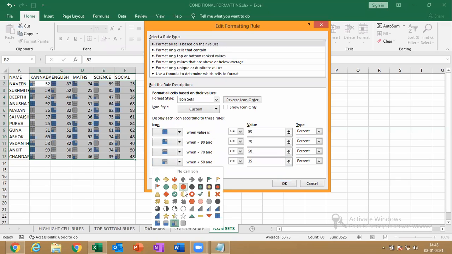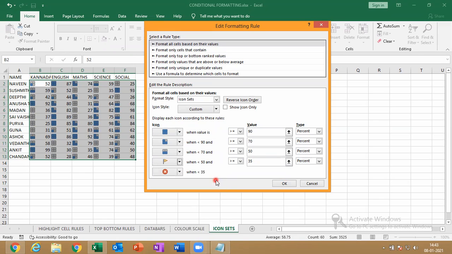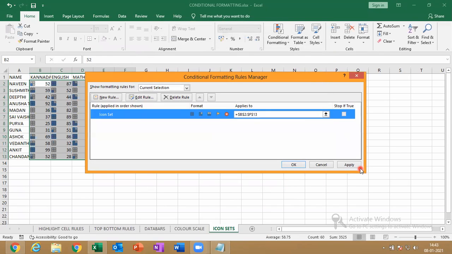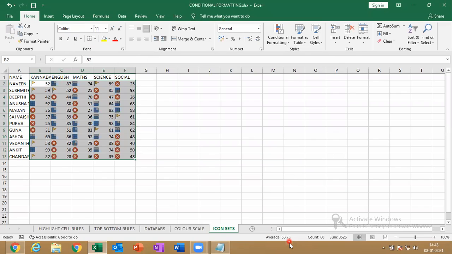Those below average 35 are given a green flag, sorry, yellow flag. Careful, like that. Just give OK. Apply. Okay. Clear? Good. Is that clear until here?